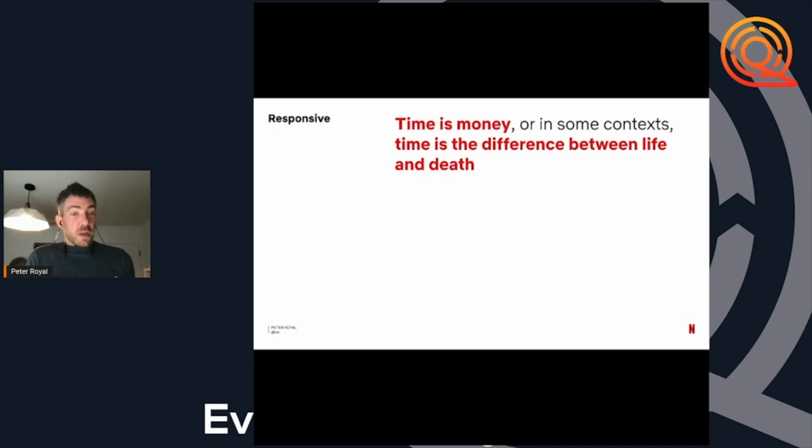So the first one is responsive, which is, you want a responsive system. And for a business application, this is important because, for employees that are using a system, to a degree, time is money. And on the extreme end of the spectrum, it can be the difference between life and death. There's an anecdote I had read on Twitter about somebody working in a hospital speaking about how slow loading images on radiology machines was a material part of the speed by which they could triage patients.